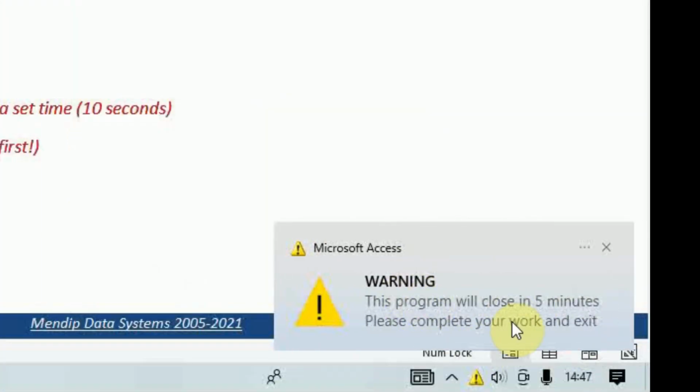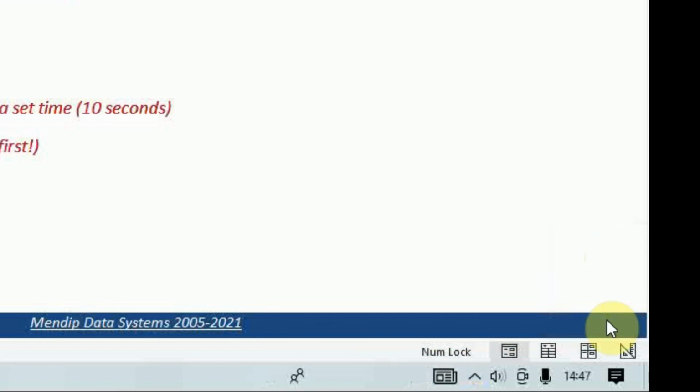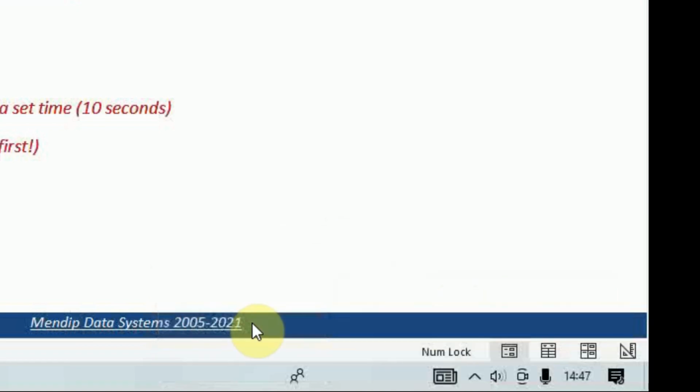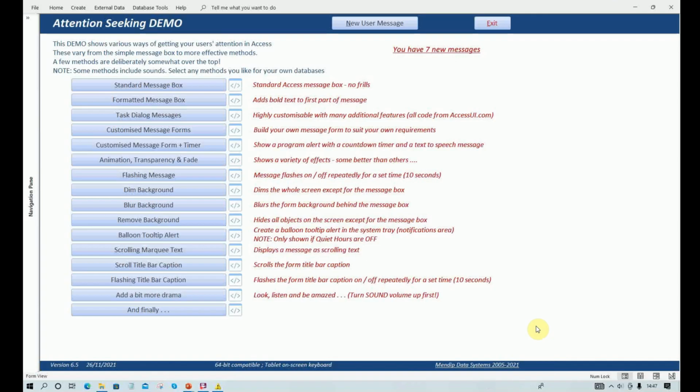And when Balloon Tooltips or System Tray notifications first came out, they were interactive. You could do things with them. You could put URLs there and code that in VBA, and it will allow you to go on to somewhere else. You can't do that anymore, unfortunately, so it's less useful than it used to be. But if I now, before I forget, turn this back to having quiet hours so I'm not interrupted by people here, nothing happens when I click on that. So it's of limited value perhaps.